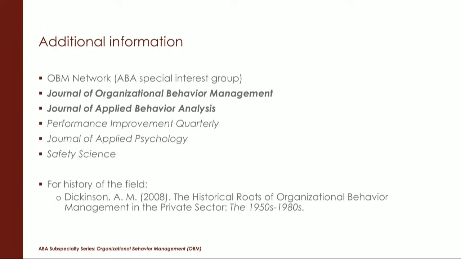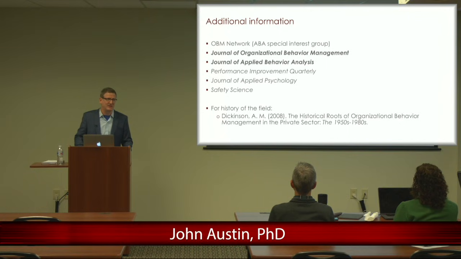There is the Journal of Organizational Behavior Management, which any university library has. Lots of published studies are also in the Journal of Applied Behavior Analysis. And then non-behavioral journals that also publish work in this area include Performance Improvement Quarterly, Journal of Applied Psych, Safety Science, and the Journal of Safety Research. There are a number of them out there that are friendly toward behavioral applications like ours, and publish them